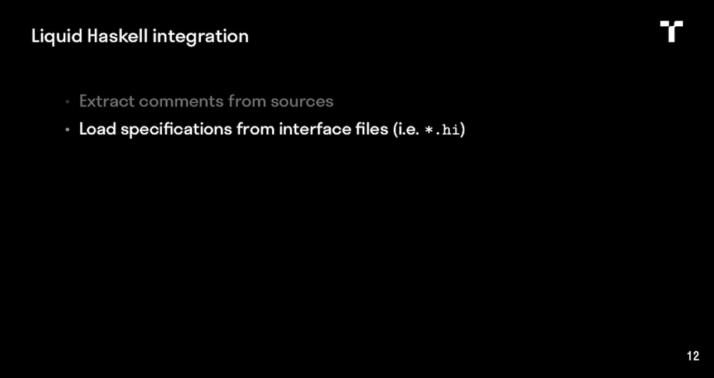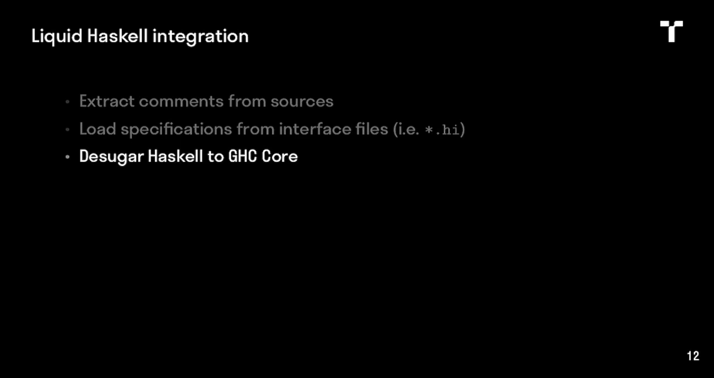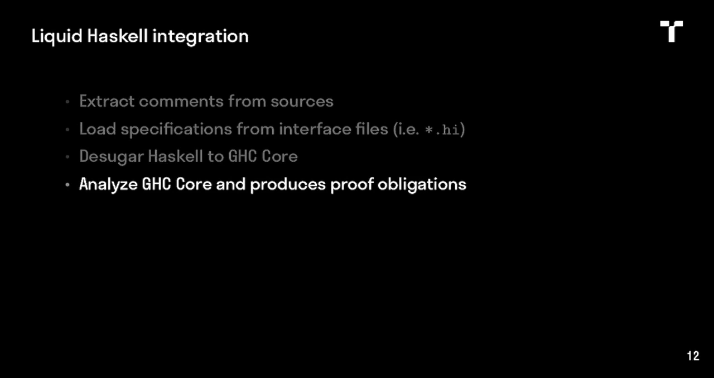And Liquid Haskell is going to analyze GHC Core. So we need to desugar our Haskell to GHC Core in order to run our analysis. And then when we have GHC Core, we run the analysis, we produce a list of proof obligations. All these proof obligations are given to a theorem prover. If the theorem prover can prove all of them, the module is said to pass verification. But if some of the proof obligations